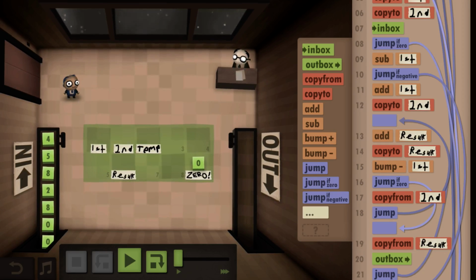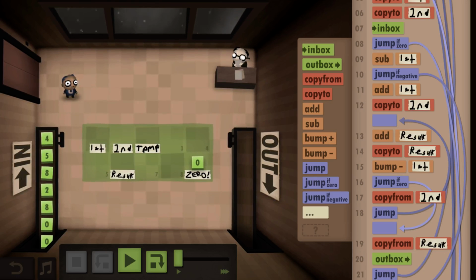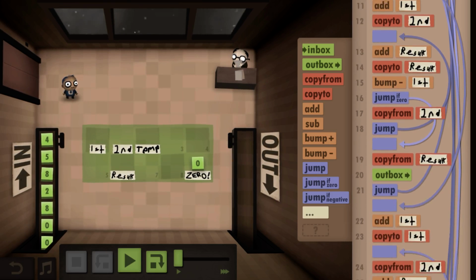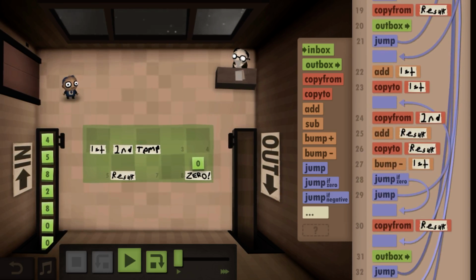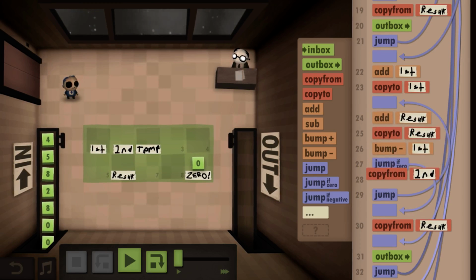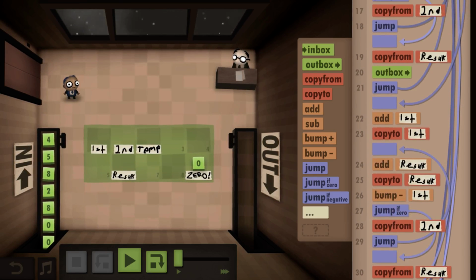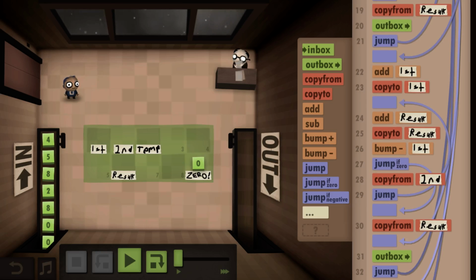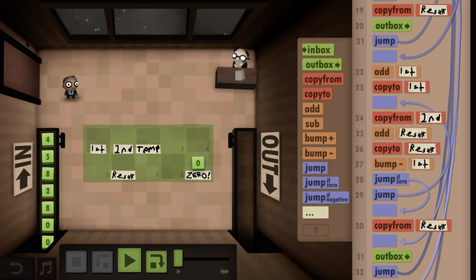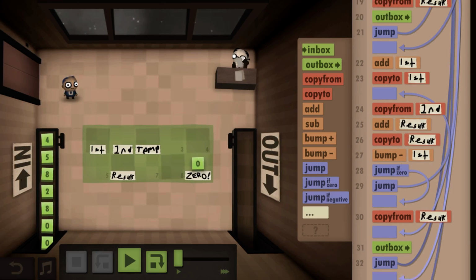If it's 0, skipping out, otherwise copying from second, and going back to add to result. So maybe that one change? No, because in this case, then everything's backwards. You'd still need to copy from second.